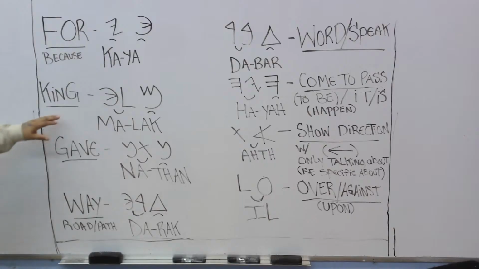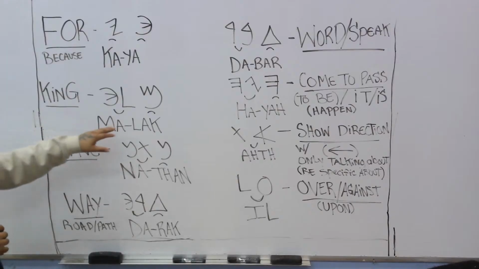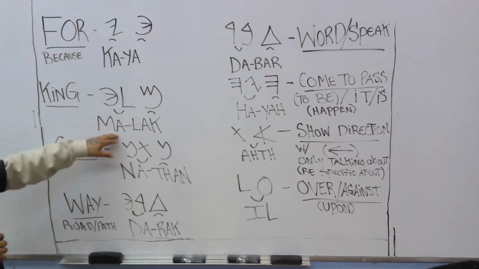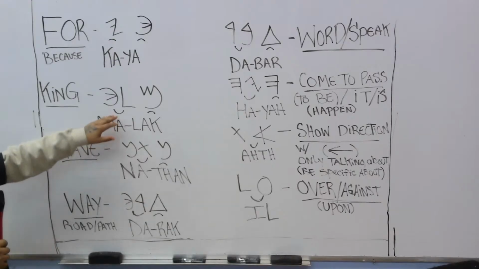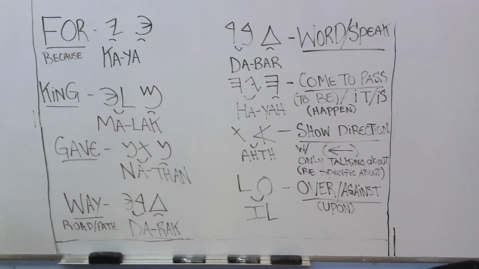Next is the word king. Everybody is using this word today. What's up, King? I appreciate the love that we're giving each other. I honestly do. Nothing wrong with it. Now we just got to take hold of our culture. The word king is malak. In Hebrew, the character ma, the character la, and the character ka are connected, which is the word malak, which is the word king. King is also used as reign, meaning to rule over.